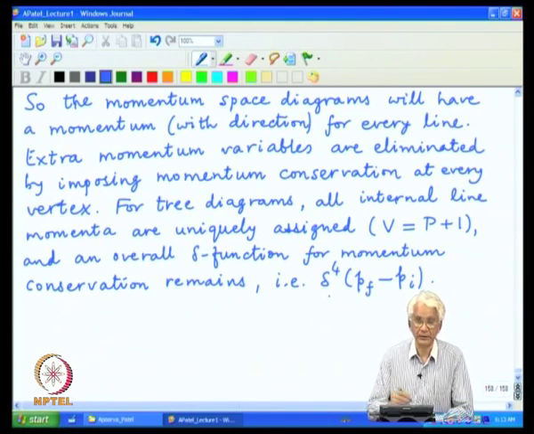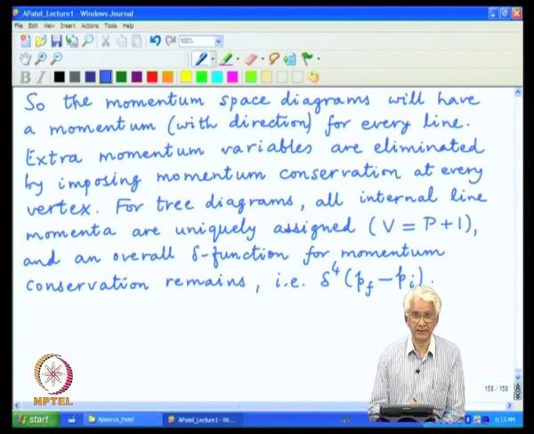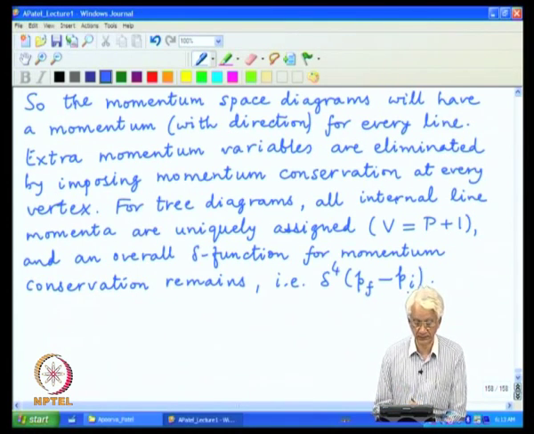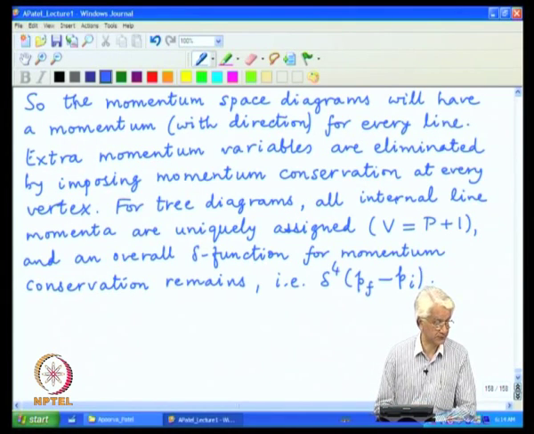So, this one overall delta function completely factors out of the whole problem. We did the counting for tree diagrams here, but it is true as well for any arbitrary diagram. It may have extra loops as well, but this overall momentum conservation is still valid. So, there will always be a factor of delta 4 (P_f minus P_i), and many times it is convenient to factor it out of the whole calculation as well, and write only the remaining part of the object which corresponds to the so called transition matrix element.